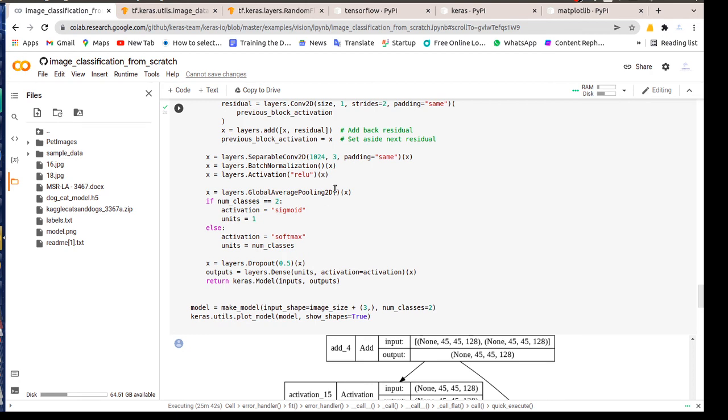In the end, the one place that needs a change is here: the dense layer units. Here you need to change according to your requirement, how many classes you have. In my condition it's 2, so I will be keeping 2 here. In your case, if you have 3 classes you can keep 3. If you have 10, you can give 10 here. That's the most important change you need to make.